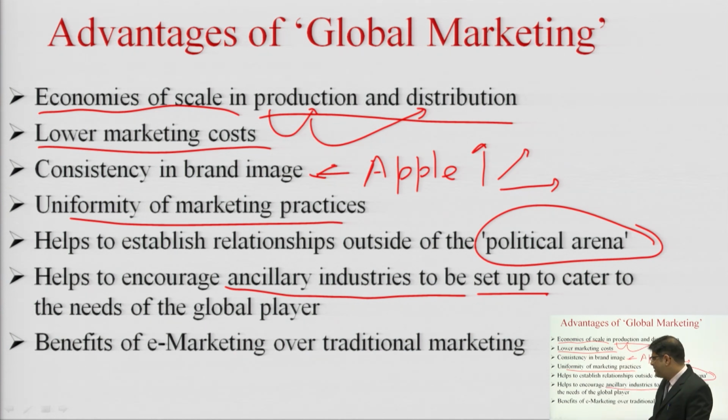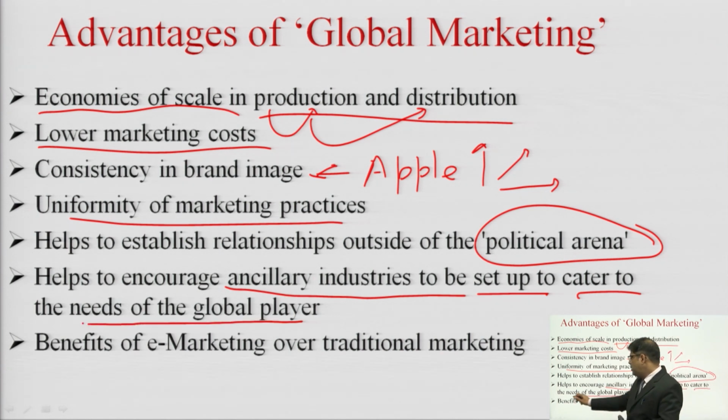So, a lot of ancillary industries come up because of global marketing, and these come up to cater to the needs of the global players. We can take the example of Apple. Apple has a manufacturing unit in China, and Apple has manufacturing units in India, while Apple is basically a firm which is based in US. So, a lot of ancillary industries are set up across the globe that make components for Apple particularly,